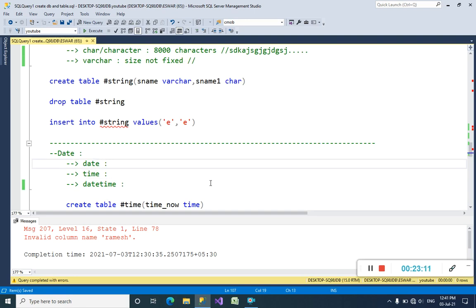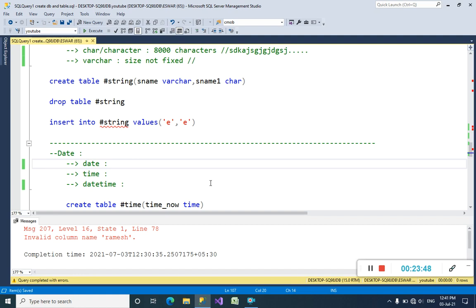See, guys, date. When a student joins an academy, they want to store his join date, because they need to know on which dates they got more admissions, and they want to calculate that. So they want to store the date of joining, because they can get to know in which month or on which date they can get more admissions.